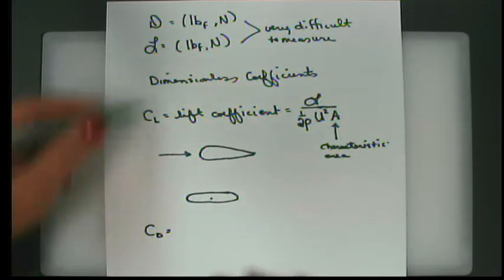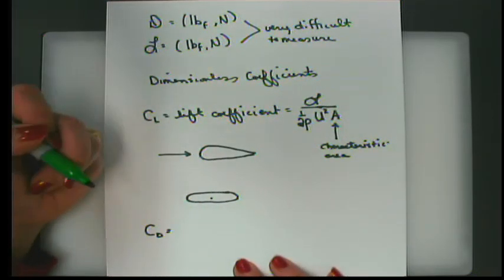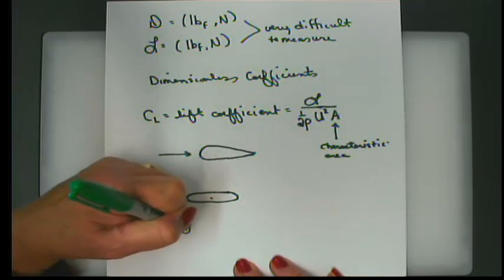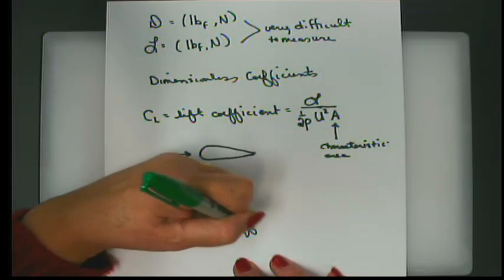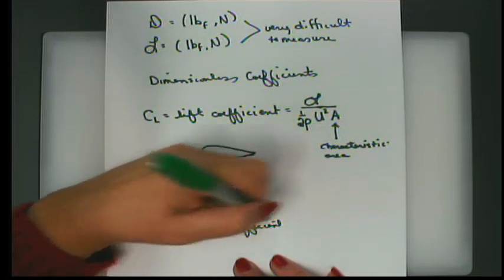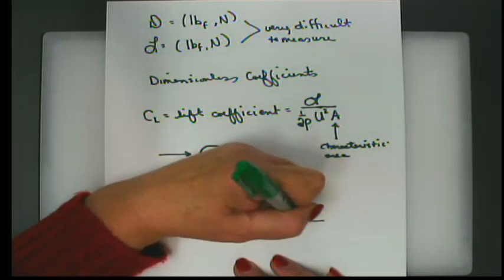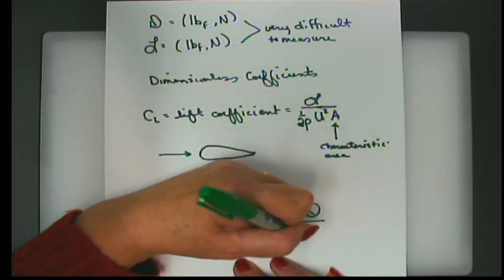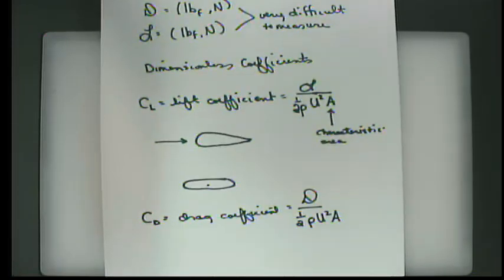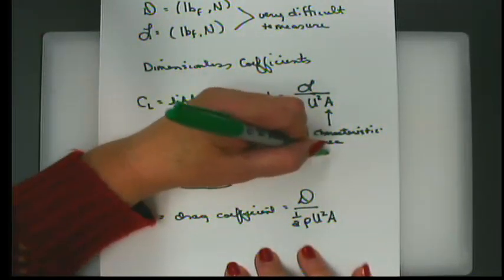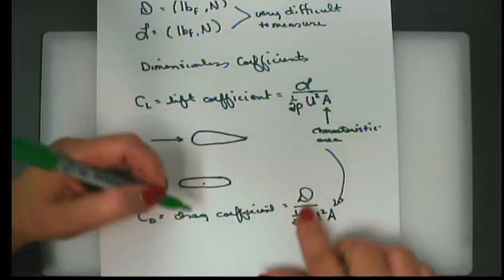All right, similarly, C sub D, which is the drag coefficient, is equal to the drag force divided by the same term, 1/2 rho u squared A. Okay. Now, if you look at these, just examine these coefficients for